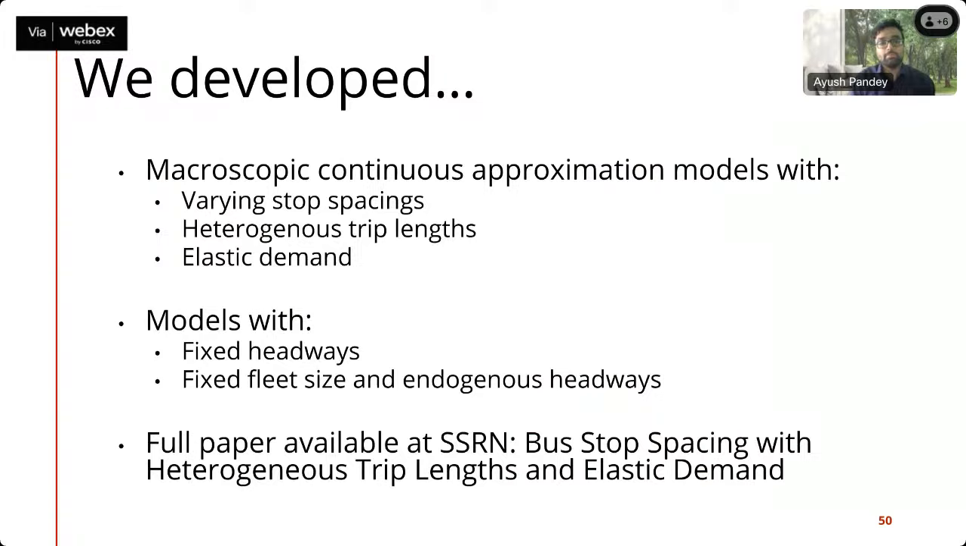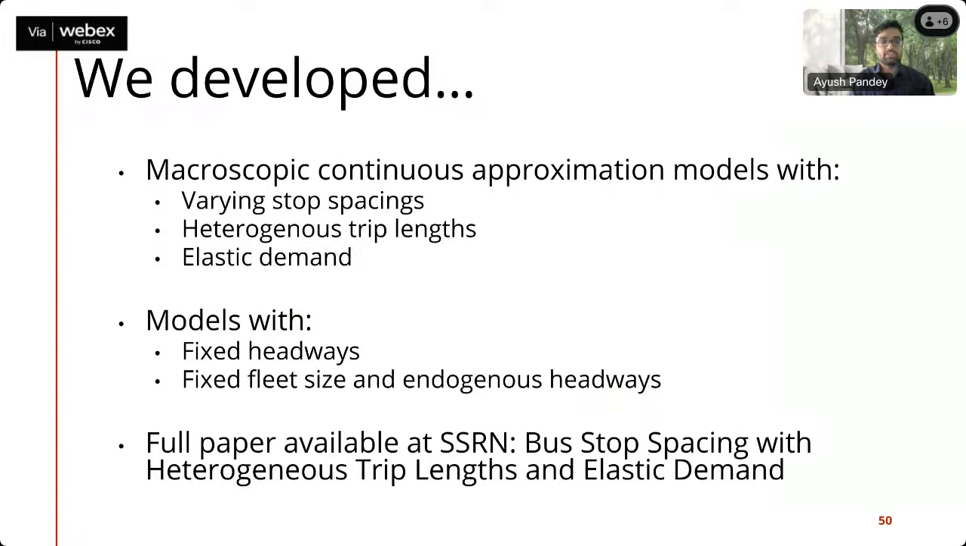And to that end, we build macroscopic continuous approximation models, which are simple theoretical models that focus on the fact that stop spacings can vary. People have different trip lengths, and the demand is elastic for all of these trip lengths. So anytime a system characteristic changes, the demand for each trip length changes. And we model it for systems with fixed headways. So if you have a large agency, small system changes do not change your headways a lot. And then we also model it